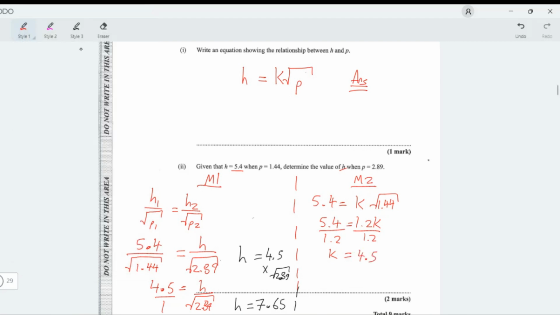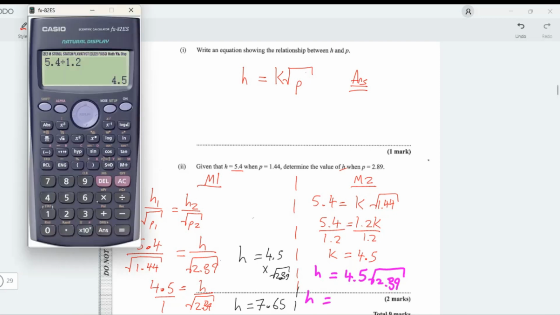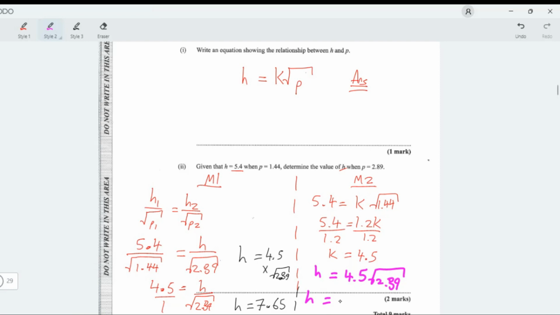Now once you get k is 4.5, then they say find h when p is 2.89. So h then is 4.5 times the square root of p, which is 2.89. We just worked that out already. So we'd say 4.5 times the square root of 2.89. You get your answer, 7.65. Same answer. So it depends on how you prefer to do the question. I gave you both methods, so you can choose which way